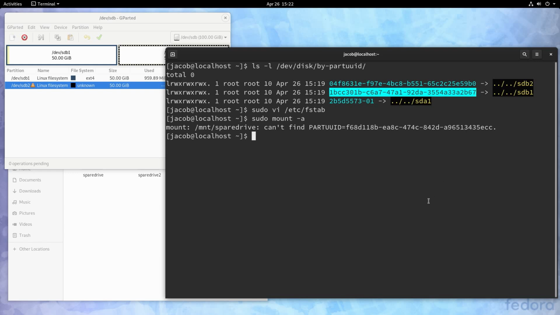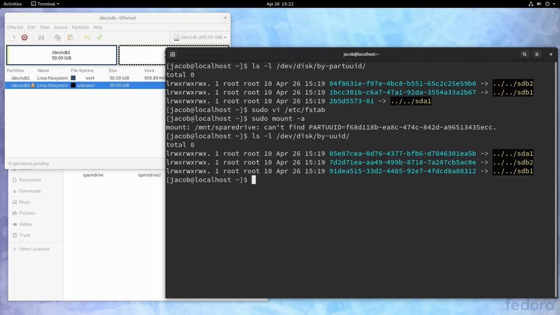So if you anticipate that you'll have to resize a partition, you're probably going to want to keep the same file system. Otherwise, you wouldn't be calling that a resize if you weren't keeping the same file system. So this is a situation where it would have been better to use the regular UUID. So with that in mind, we're going to ls -l on /dev/disk/by-uuid. And this UUID here, sdb1, this one has not changed because we resized and kept the same file system.